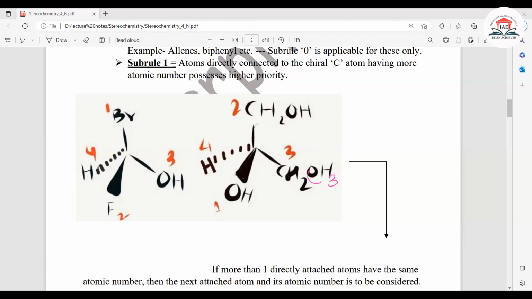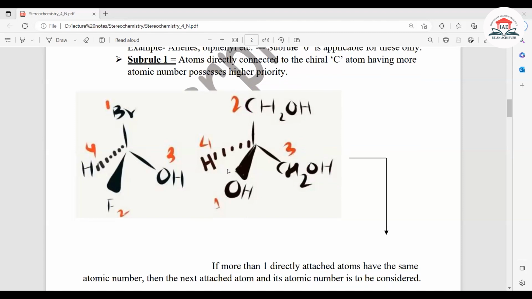এই অ্যাটমে যেমন OH এর অক্সিজেন তো ফার্স্ট প্রায়োরিটি চলে গেল, সেকেন্ড হচ্ছে এই যে 2C, এখানেও কার্বন আছে, এখানেও কার্বন আছে, দুজনেরই অ্যাটমিক নাম্বার সেম 6। তাহলে আমাদেরকে এবার সেকেন্ড অ্যাটমে যেতে হবে। সেকেন্ড অ্যাটমটা এখানে অক্সিজেন, এখানে কার্বন। তাহলে বিকজ অক্সিজেন হ্যাজ গ্রেটার অ্যাটমিক নাম্বার, তাই ওভারঅল এই গ্রুপের প্রায়োরিটিটা হাইয়েস্ট হবে। বুঝতে পেরেছিস? ওকে, সেকেন্ড অ্যাটমটাই আমরা যাব।